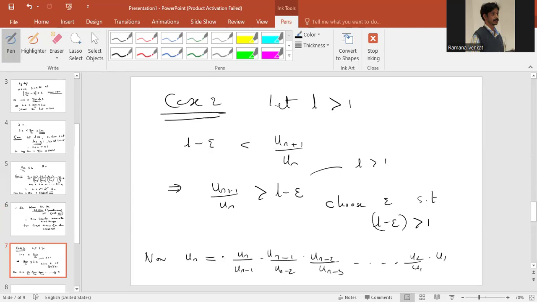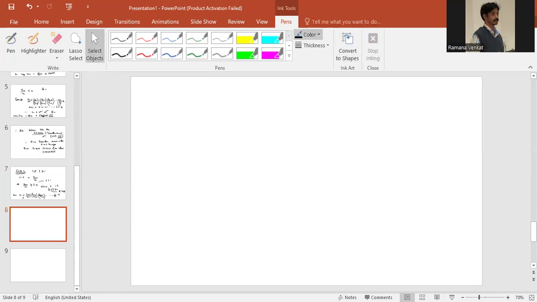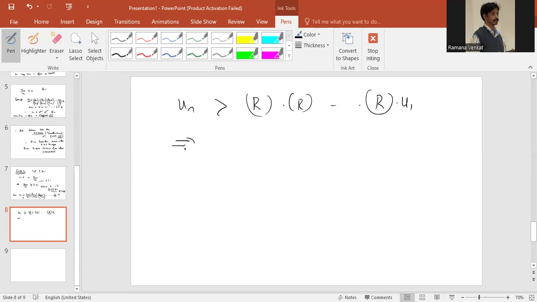Now I can state that this is greater than, if I replace this by, let's call it R, R times so on up to R times u1. Therefore un is greater than R power n minus 1